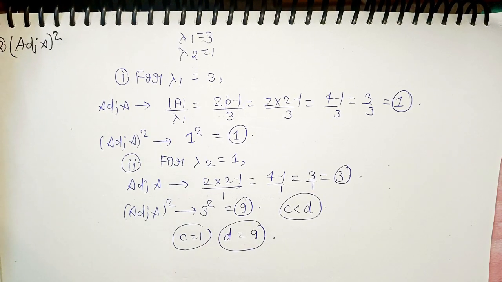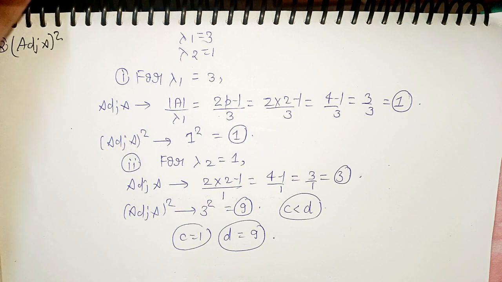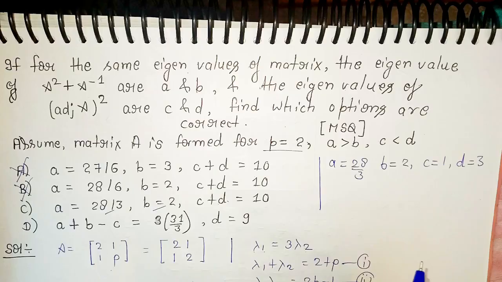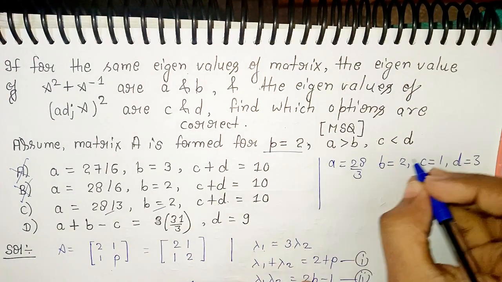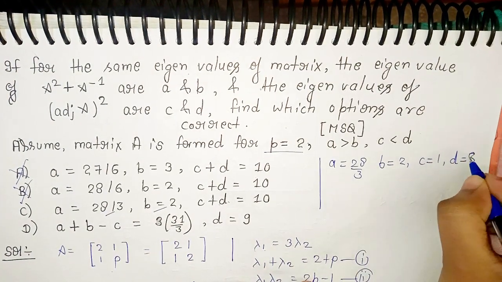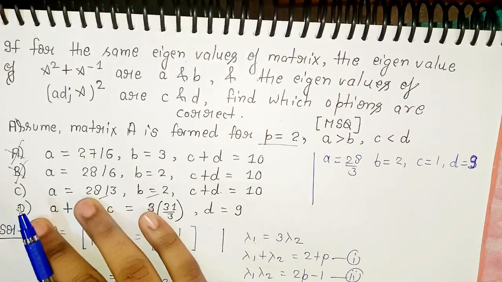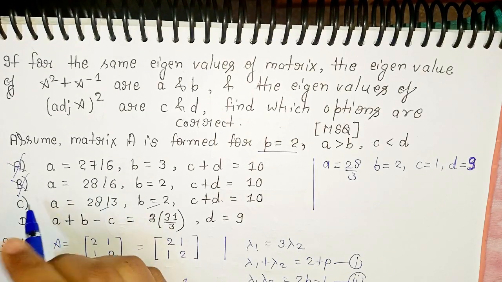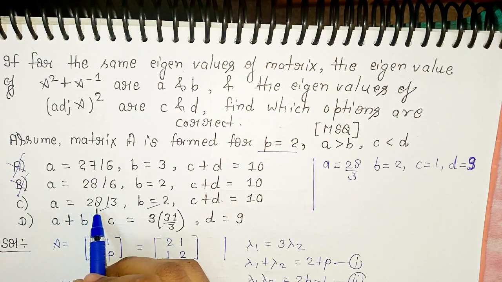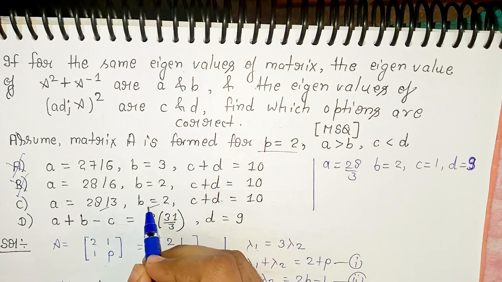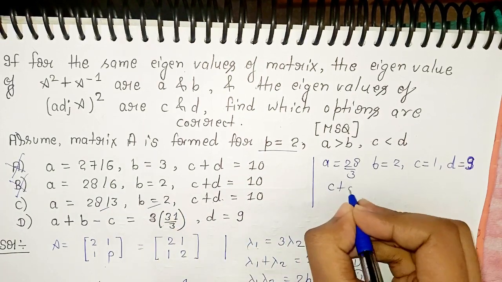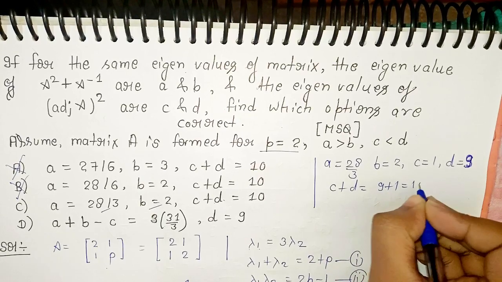ठीक है, अब आपको चारों वैल्यूज निकल के आ चुकी हैं, A B C एंड D। A इज इक्वल टू 28/3, B इज इक्वल टू 2, C इज इक्वल टू 1 एंड D इज इक्वल टू 9। तो वी विल चेक दी ऑप्शन बाय सब्स्टिट्यूटिंग दिस वैल्यूज और देखेंगे कि कौन कौन सा ऑप्शन सेटिस्फाई हो रहा है। ओके फ्रेंड्स, तो A इज इक्वल टू 28/3 है, B इज इक्वल टू 2 है, C इज इक्वल टू 1 है एंड D इज इक्वल टू 9। इट्स नॉट 3, इट्स 9। तो पहला सेटिस्फाई नहीं हो रहा है क्योंकि A इज इक्वल टू 27/6 है, B भी नहीं हो रहा है। अब सेकेंड थर्ड ऑप्शन देखते हैं, A इज इक्वल टू 28/3, यस, B इज इक्वल टू 2, यस, एंड C प्लस D। तो C प्लस D इज 9 + 1 दैट इज इक्वल टू 10।